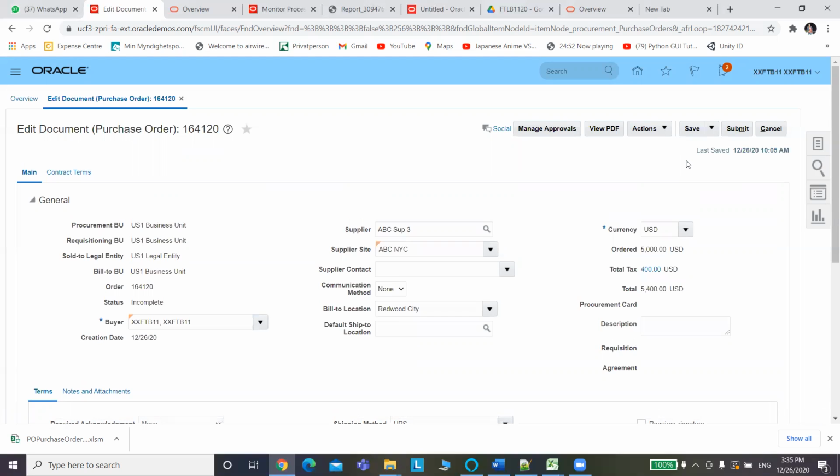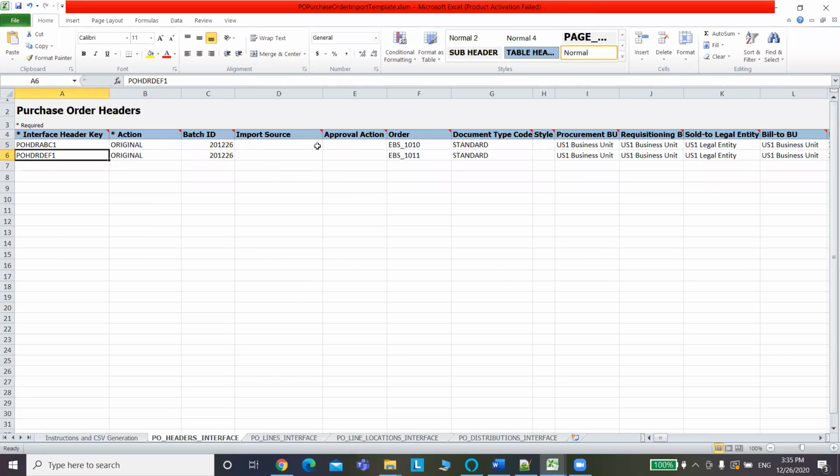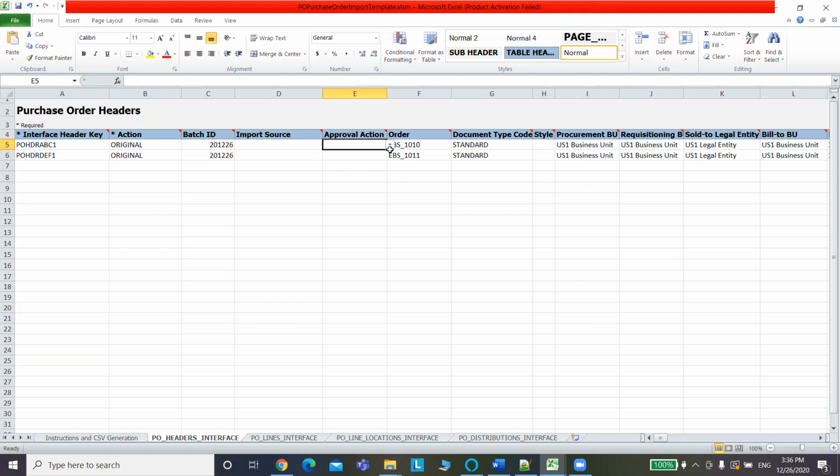And one more important thing which I have missed to inform you is this one. See, approval action. Whenever we are migrating the data, right, for example, the purchase order is already approved, right? So we cannot create it in an incomplete status. You can see here, while creating a new purchase order, it is created in an incomplete status, and then we are going to submit it for approval, right? But the purchase order which already exists in the other legacy system could be already approved, right? So we need to have the approved purchase order